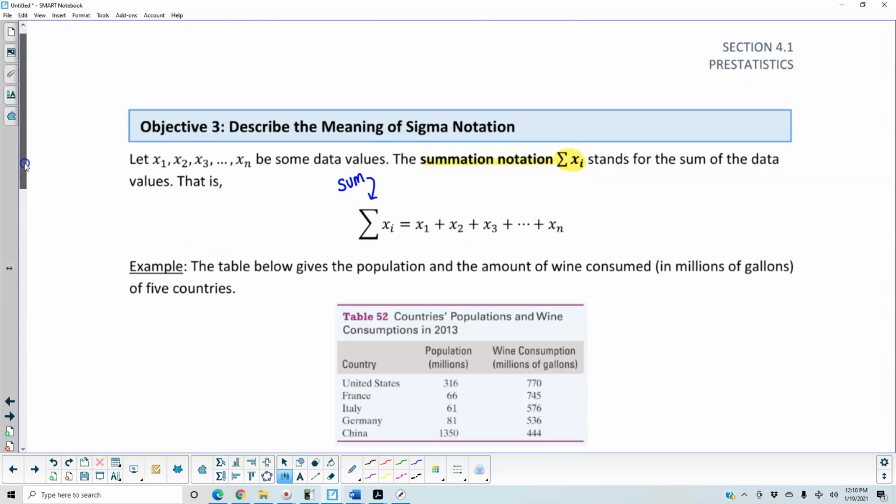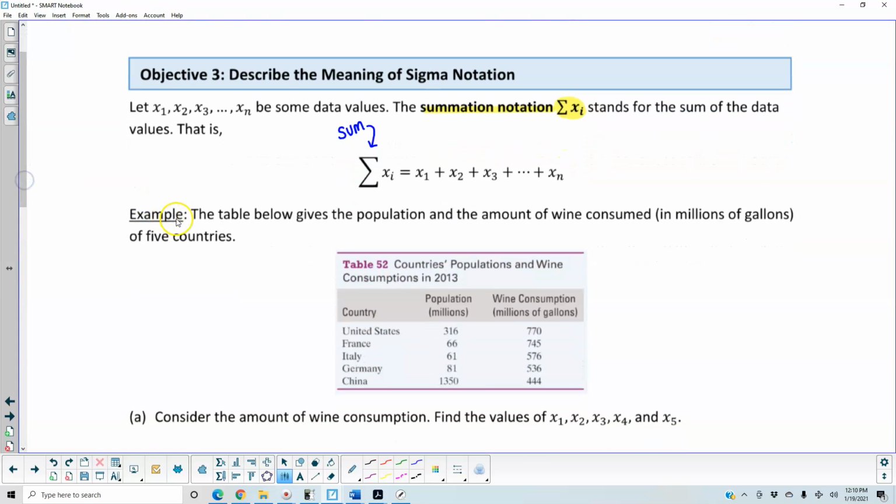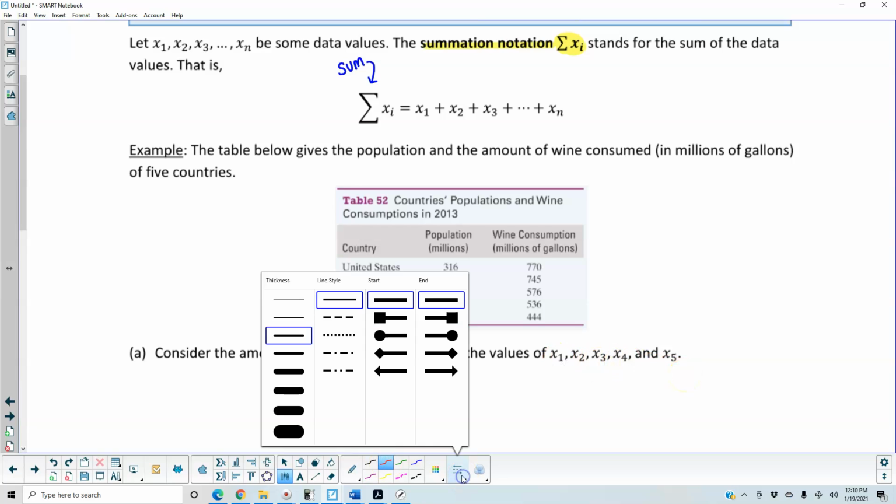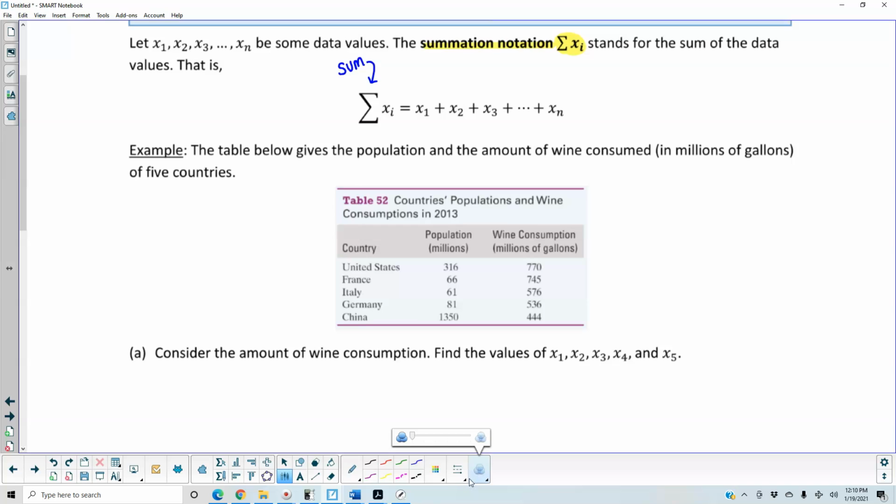So let's take a look at the first example here. The table below gives the population and the amount of wine consumed in millions of gallons of 5 countries. So we want to consider the amount of wine consumption and then find the values of x1 all the way to x5. Since we're looking for the column that represents the wine consumption,